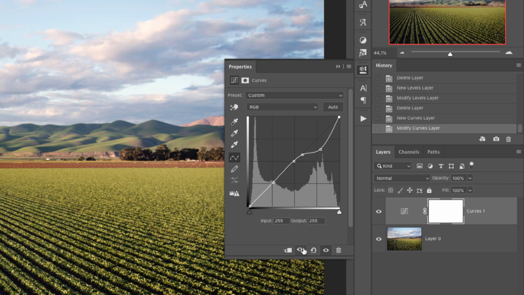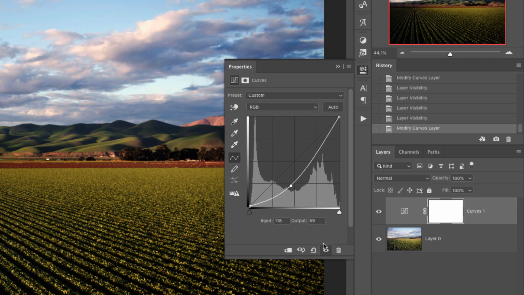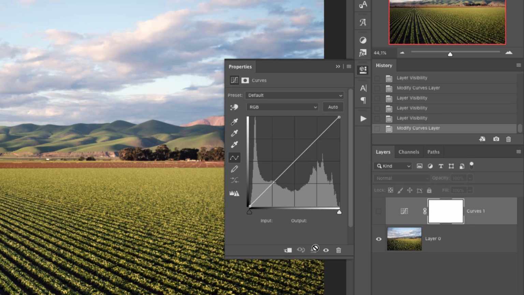This is to show you the before and after to see the change. With this other icon you can reset everything to how it was, and from here you can activate and deactivate the layer altogether. And this icon is to create a clipping mask. I didn't talk about clipping masks yet, but I will a little later on in the course. And one other thing you can do